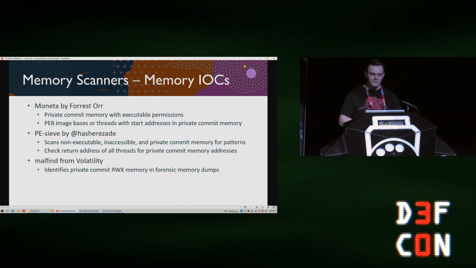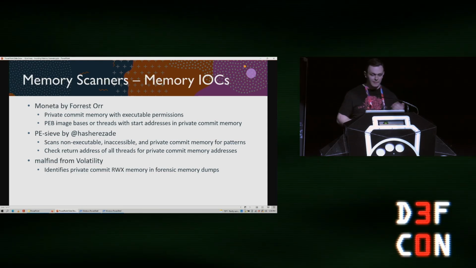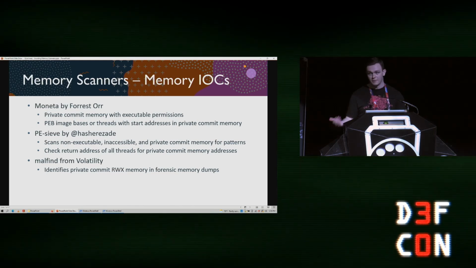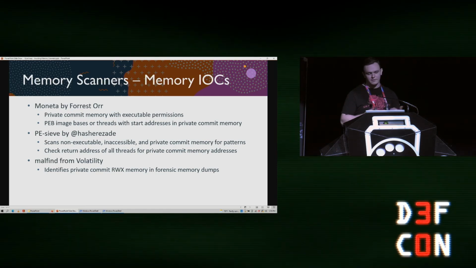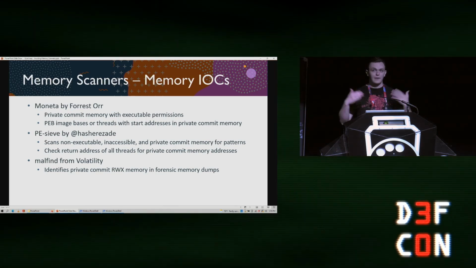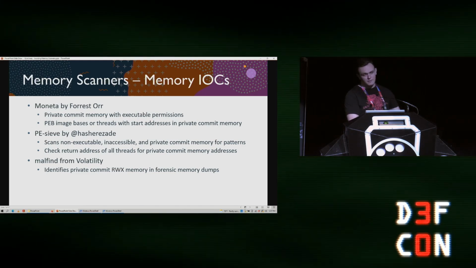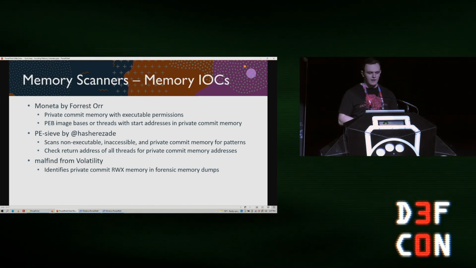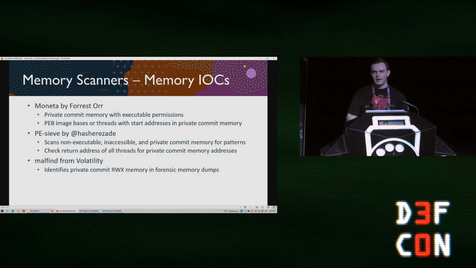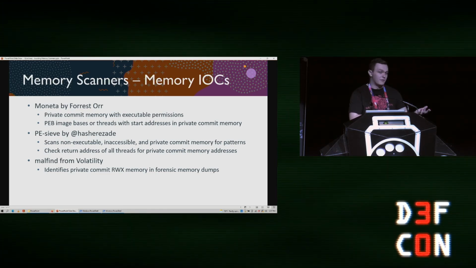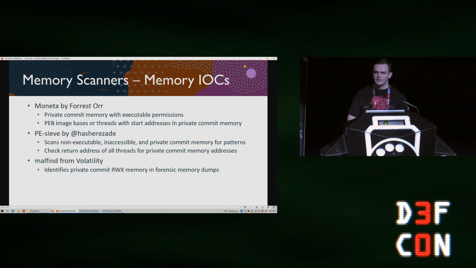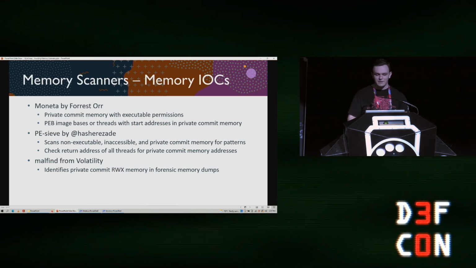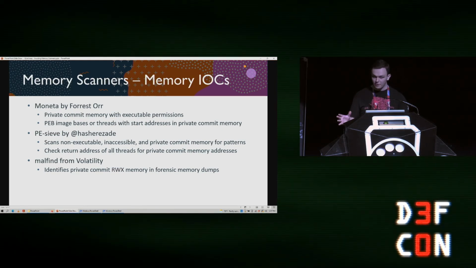You combine that with looking at the difference between image commit and private commit memory. Image commit memory is when you load a DLL or an exe from disk, whereas private commit is where the program is dynamically allocating memory. So if you have private commit memory that was dynamically allocated and it's executable, that's a little bit suspicious, right? Typically on Windows, when programs want to execute new code, they load some DLL from disk. There are exceptions to this, such as the .NET Runtime or even web browsers, which are using JIT. So that might have some private commit memory that's executable, so it's not a foolproof thing to look for.